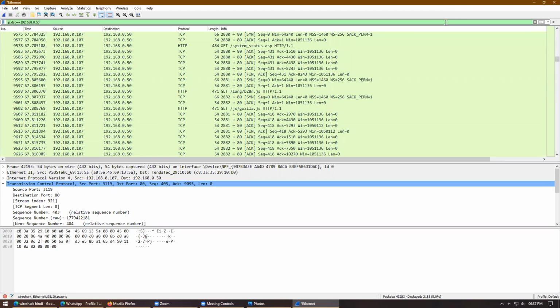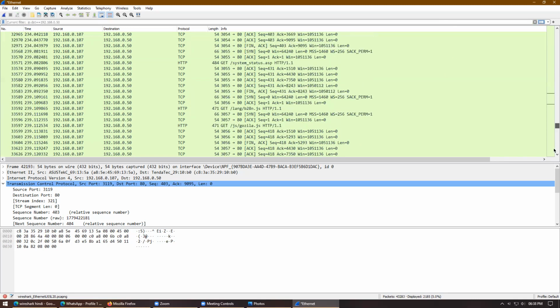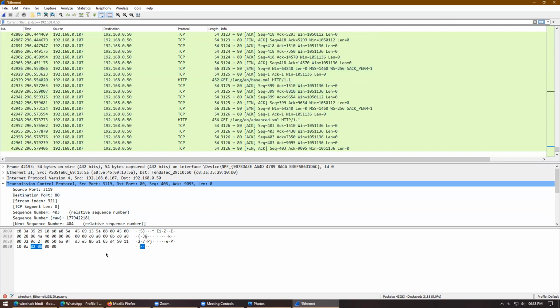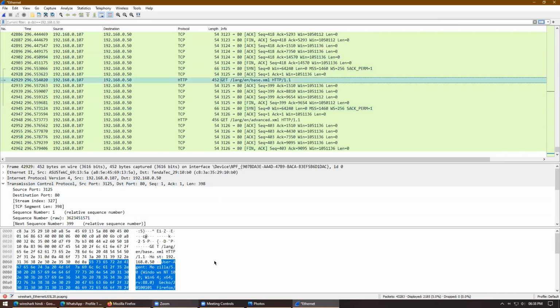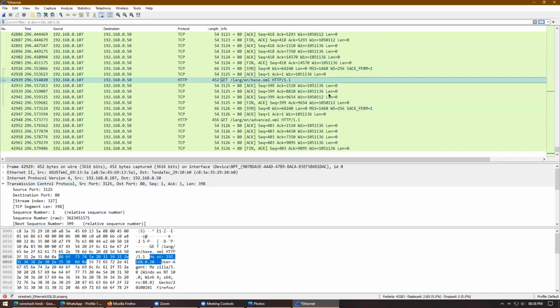Okay, we are going to see a lot more ARP filters, how you can search for specific data from the website, even some plain text website. I'm going to show you more advanced packet filters than this. So this is the hex, whatever code is there, whatever text you can see in hex form, in the below pane.